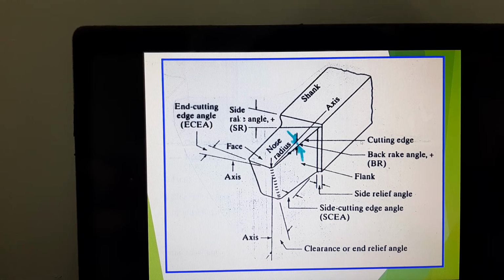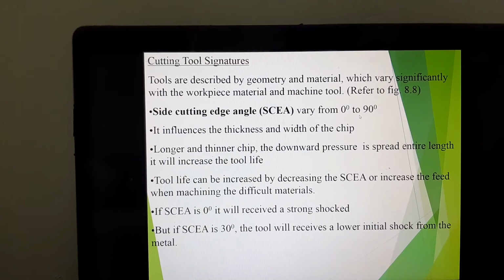So please pay attention to these three specific angles. It is a very commonly asked final exam question. Make sure you know how to label a side cutting edge angle, a back rake angle, and a side relief angle, and make sure you know the functions of these angles. How does each angle actually contribute towards the cutting tool? So the next topic,